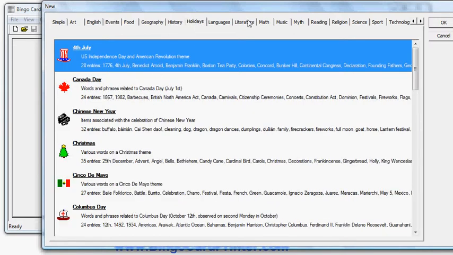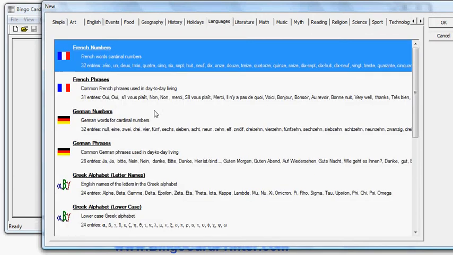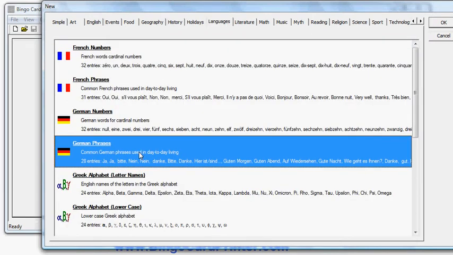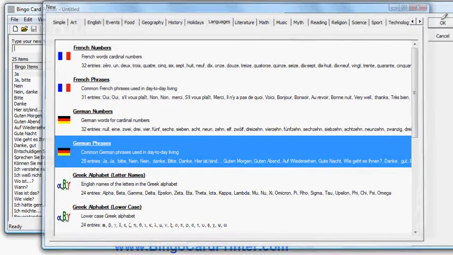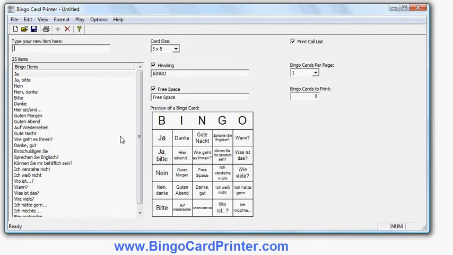But in this case I'm going to choose languages, and if I look at that page I can see German phrases, so I select that item. I either double click on it, or I click it and then click OK, and here are my German phrases. And I've got my example bingo card with the German phrases, and the phrases are in the same order as in this window. In the real bingo card, of course, they'll be shuffled in a random order, and every bingo card will be